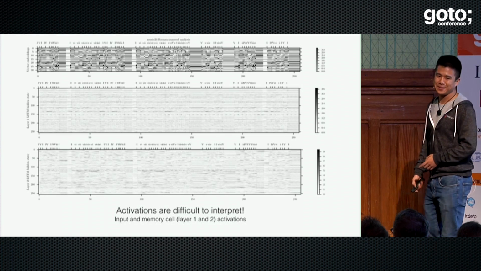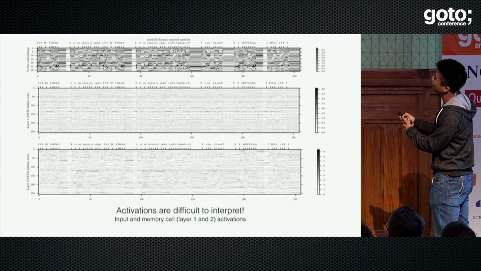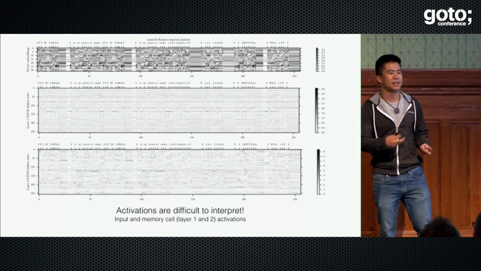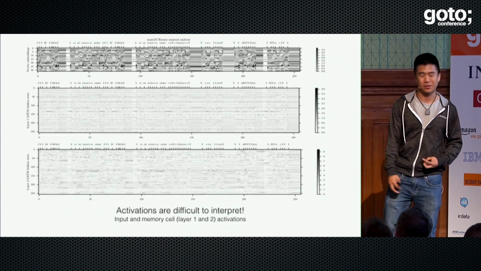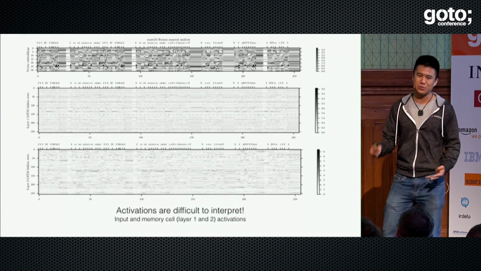I don't. I mean, I kind of do. I see there's like this little smear right here, and it seems to show up everywhere, as well as right here. But there's not too much intuitive sense that I can make out of this image. And this is a common criticism of deep neural networks. They're like black boxes, where we don't know how they really work on the inside, but they seem to do awfully good.